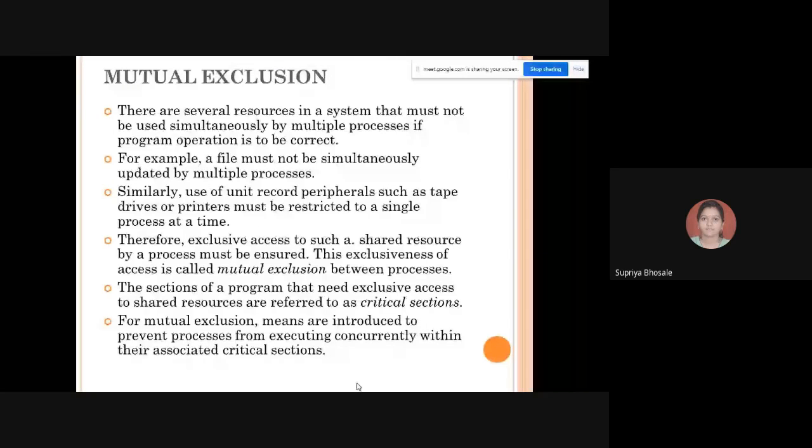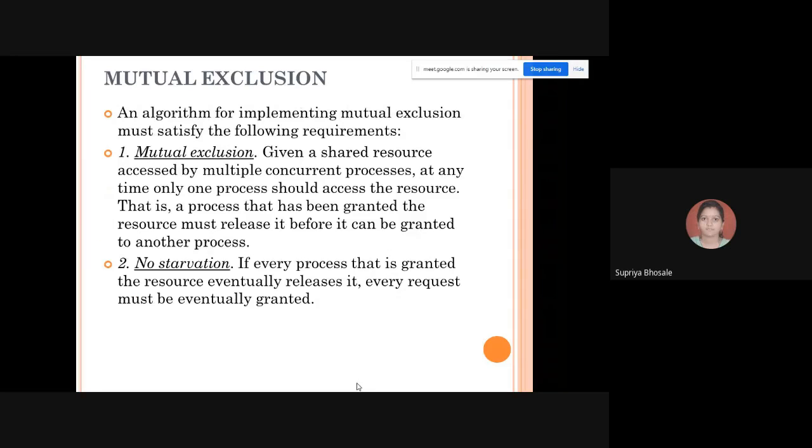Concurrent execution of different processes, we will try to minimize it, and if we are sharing some of the resources, then at a time one particular resource will be allotted to one process only. This is the main task over here. So for this exclusion, the algorithm for implementing this mutual exclusion must satisfy the requirements like, first, mutual exclusion,